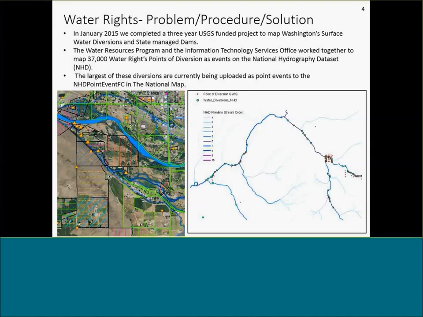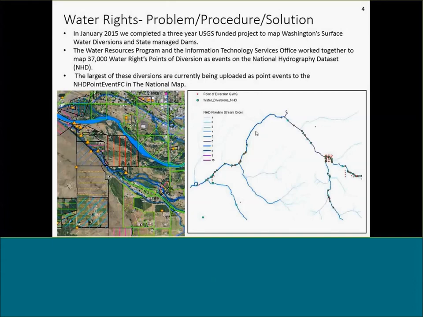So these were all on a map with the polygons being where water was used, and all of these little triangles being diversion points. But the diversion points were not associated with the NHD, and many of them were only located to the centroid of a quarter section. So if you wanted to know which rights diverted from a particular stream network, for example, you couldn't do that.